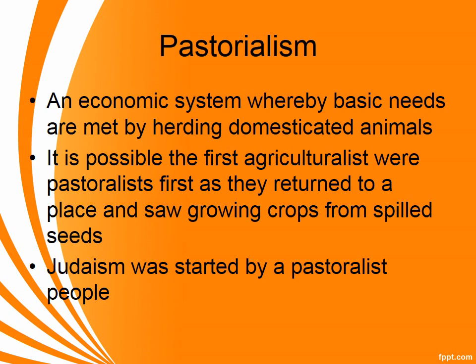At the same time as the Neolithic Revolution is happening, we have a new economic system developing called pastoralism. Pastoralism is where you are meeting your basic needs by herding domesticated animals. So it makes sense that pastoralism and Neolithic farming are developing at the same time, because we are domesticating animals not only for village life, but we're also starting to domesticate animals for the pastoral life. There is a theory that the first agriculturalists were actually pastoralists, and that we domesticated animals first and then farmed. There's theories that they developed separately, independent, and they have nothing to do with each other.